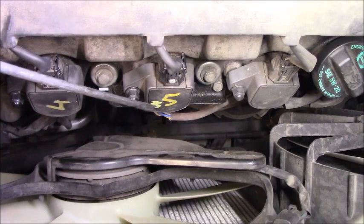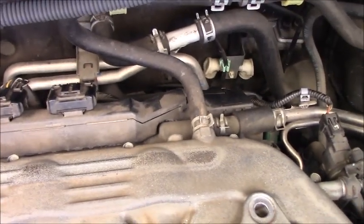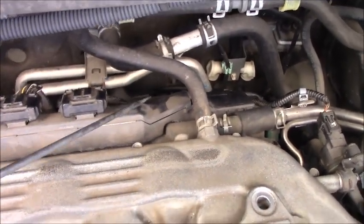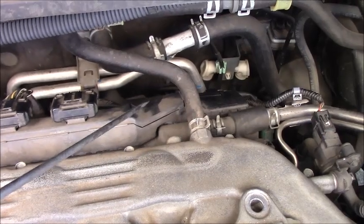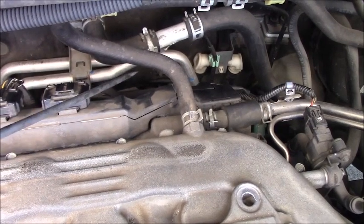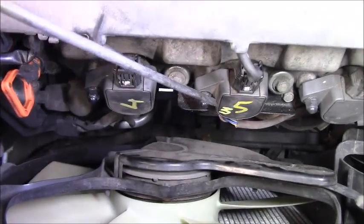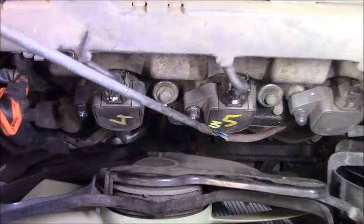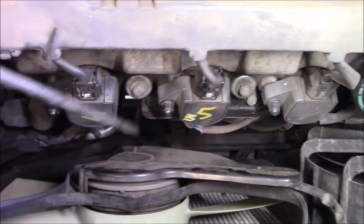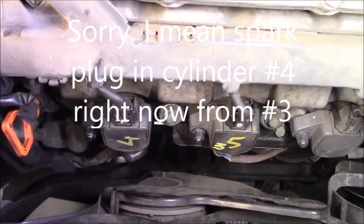Pay attention to this. You guys know that the coil from cylinder number 3, and the coil on number 5 is right now in number 3, and the spark plug in number 3 right now is from number 4. Okay, that means right now on cylinder 4 and 5, the coil was on number 3, the spark plug in here was in number 5. Okay, hopefully the misfire is caused by the